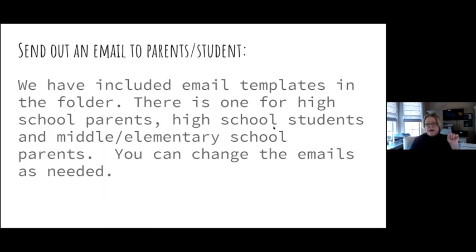I suggest you write your own email. Let me go back. But I did put in the Google Drive emails for each level, like email to students, email to parents, email to elementary and middle school parents. You can copy it, take out what you don't want, but make it short and personal. I think those are too long. And then you're going to send an email out and it's going to give them the